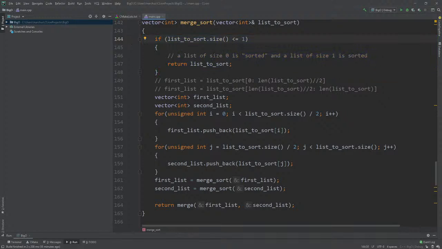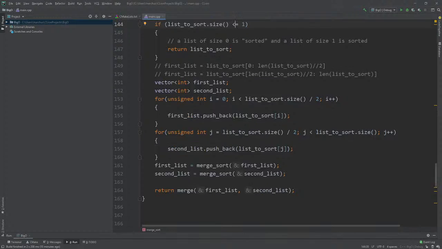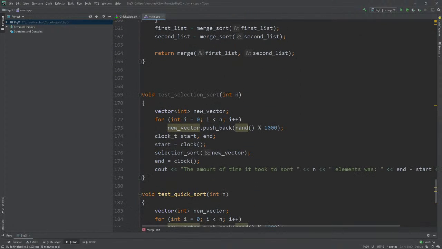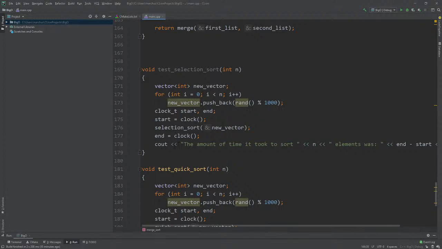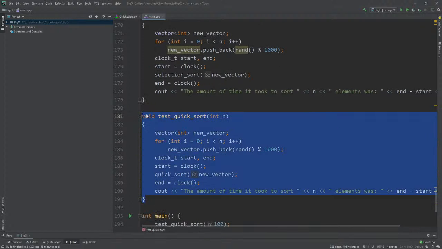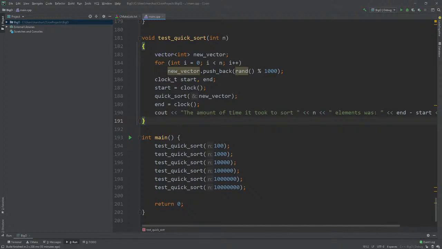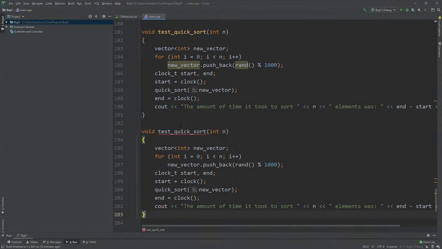And this just makes sure that we don't go on forever, right? So, okay. So let's test the merge sort now and see how fast it is before I engage the magnifier again or something. Test merge sort. Okay, and then here we're going to do merge sort. Actually, you know what? Let's do it this way. We'll do test sort. And I know I didn't have enough time to do it last time, but let's make a function